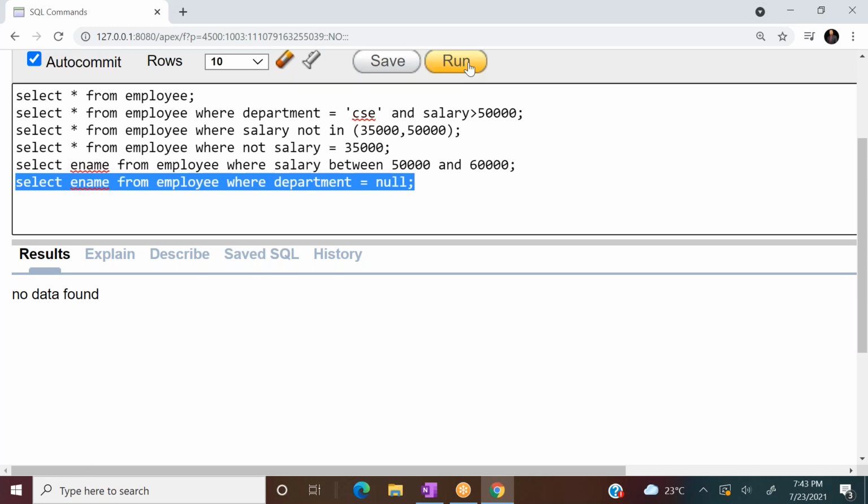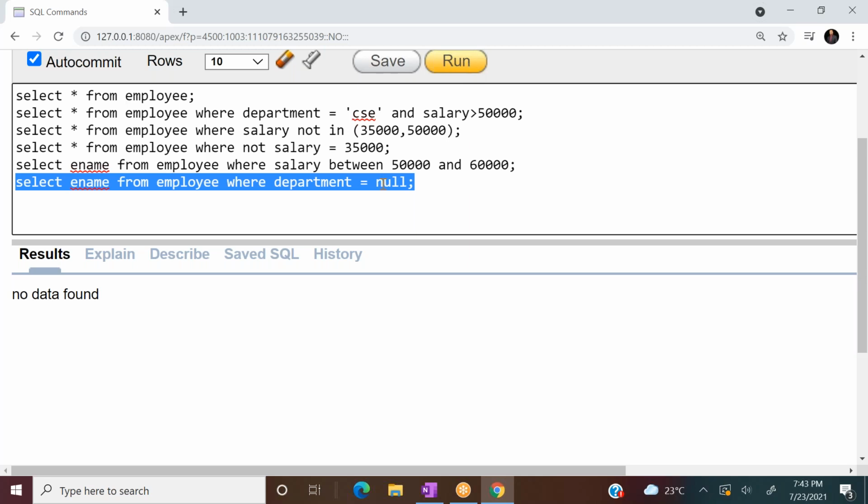Why? Because the meaning of null is important. The meaning of null is not a value. Because it is not a value, how can I compare it with a value? I cannot compare. Comparison of a null with a value is always false.